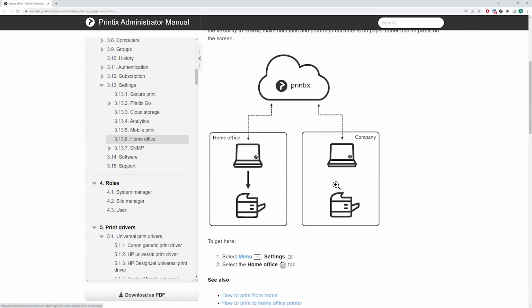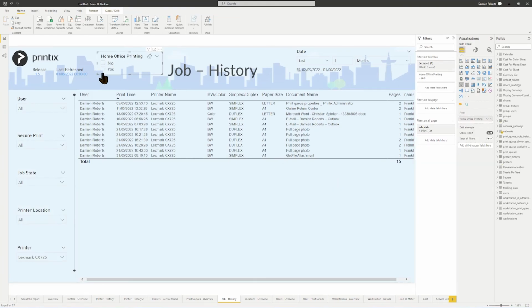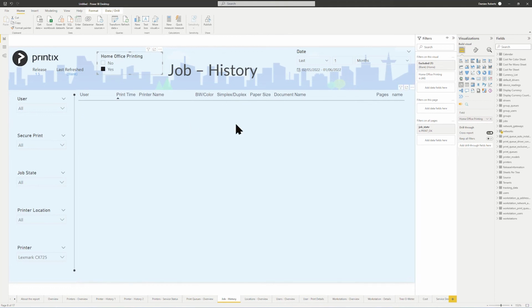Meaning, if these computers are on an unknown network, which your private home office network will be initially, Printix client will try and find a printer on that network, and if it does, it will install a printer queue, like an ad hoc printer queue, automatically in your operating system. These printers and printer queues can be identified by the suffix "at home", and this is exactly what we use to filter the report. So if we go to the home office printing and click on yes, it will only display print jobs that have been sent to a printer that was discovered and added by the home office printing